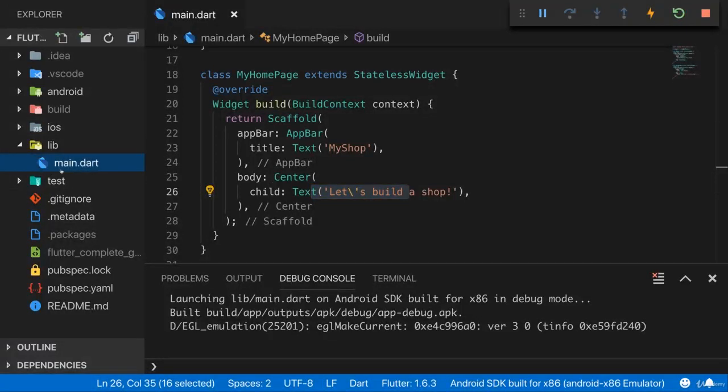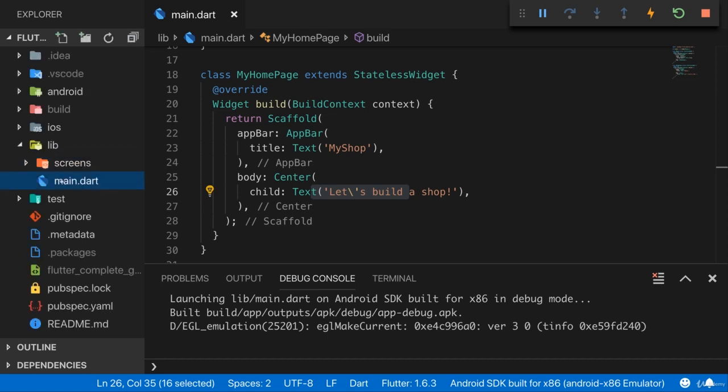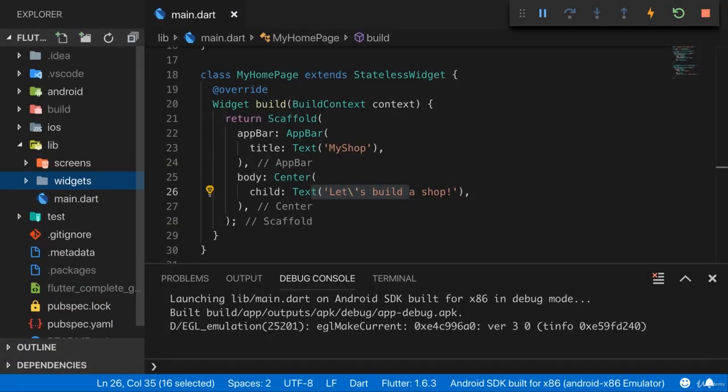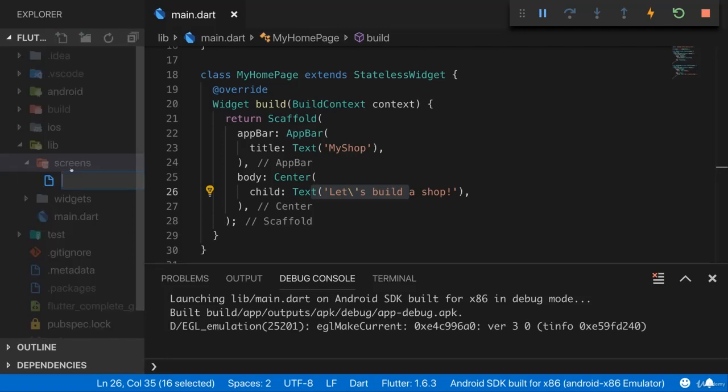Now, what we'll definitely need is a couple of different screens and also normal widgets, and therefore I will already create a screens subfolder and a widgets subfolder here. And that's simply something we did before in an earlier module. It allows us to keep our files more organized and understand what's inside our files. Now in the screens folder here, we can add a new file to hold a new widget, and that should be the